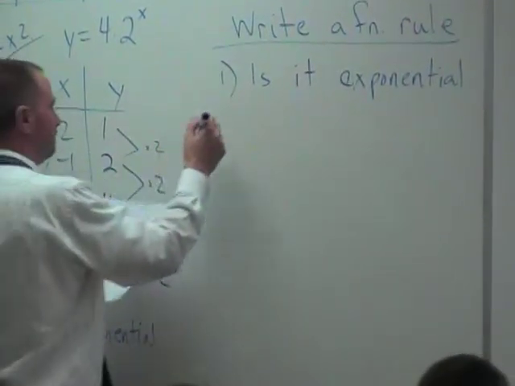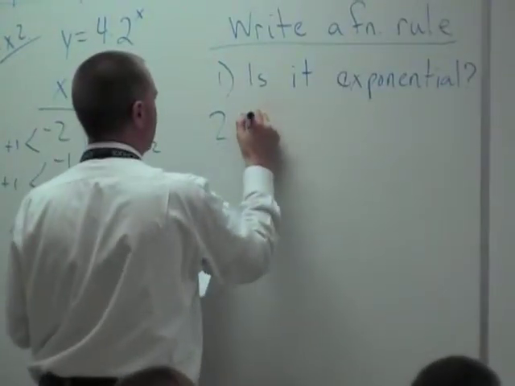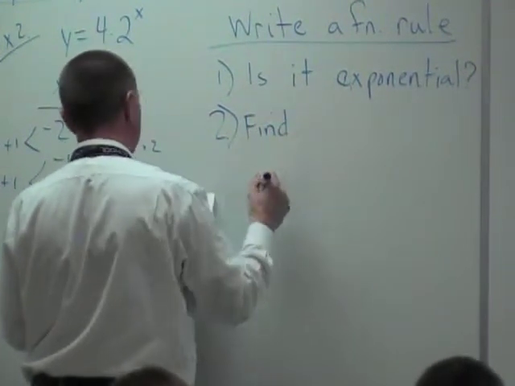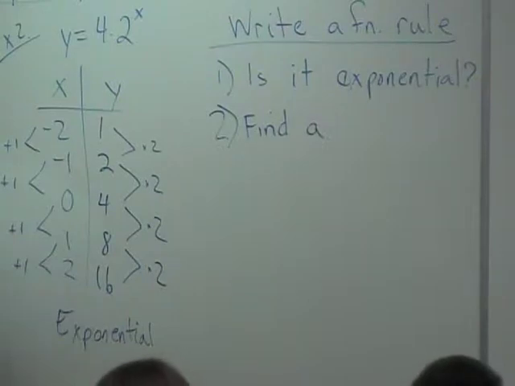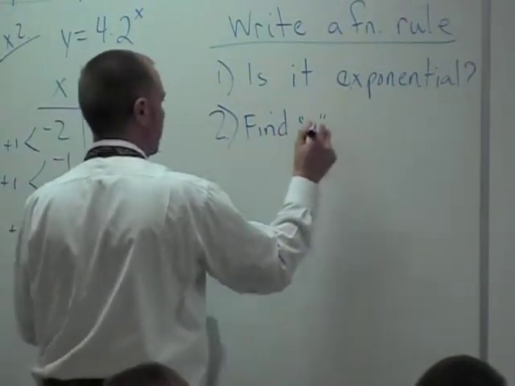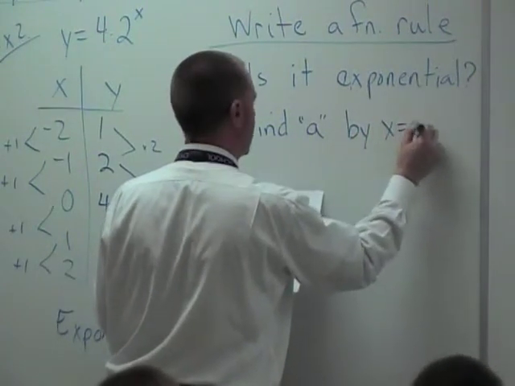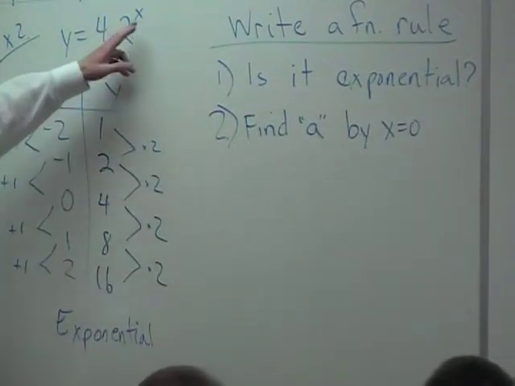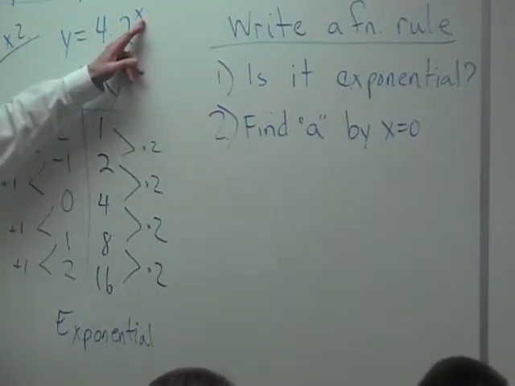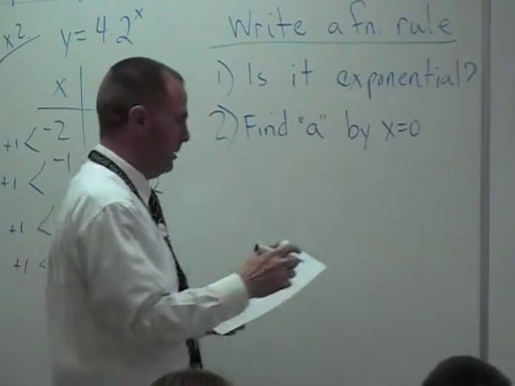All right, number 2. Find A, this letter right here. Find A by having x equals 0. Okay? So if we let x be 0 up here, then that's 4, okay? So B,